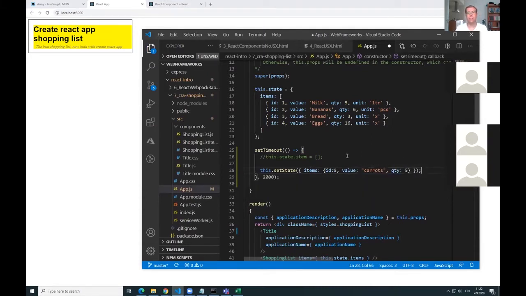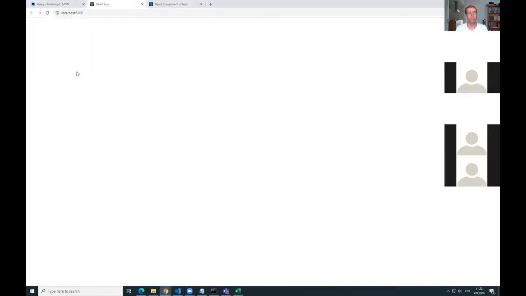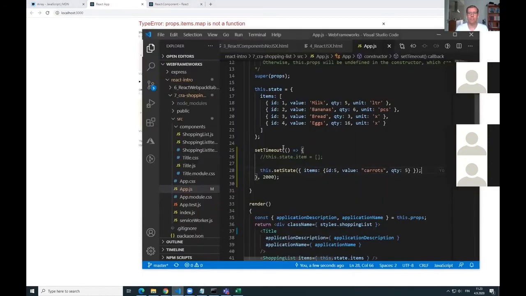If we do this, let's see what happens. Now after 2 seconds, it crashed. It says props.items.map is not a function, and it does that because